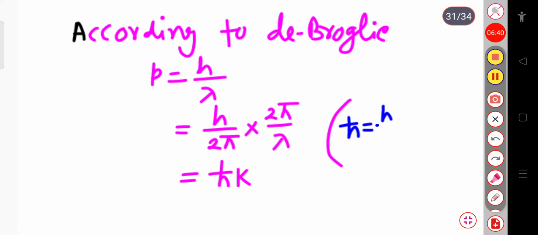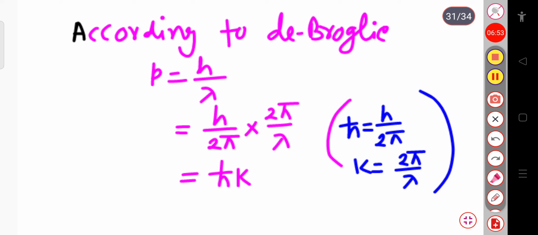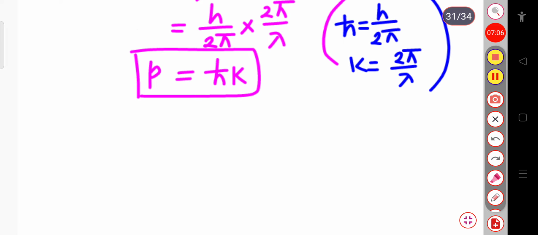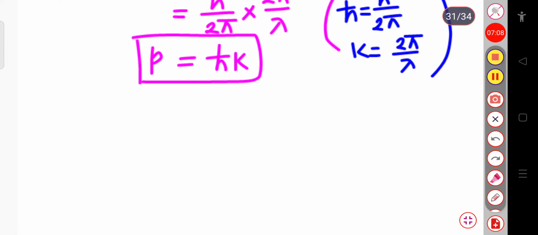Now this h cut is equal to h by 2 pi, and this 2 pi by lambda, the value of k, that is the wave vector k, equals 2 pi by lambda. These things you have to keep in your mind. Now this p equal to h cut k relation will help you, that is, the linear momentum p equals h cut k. Now again, according to Einstein relation,